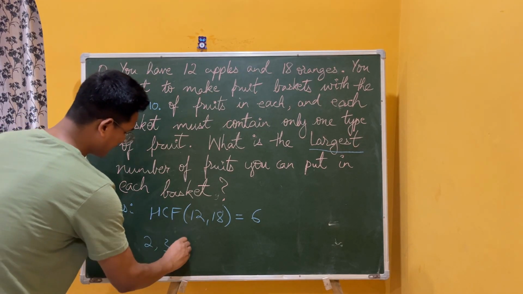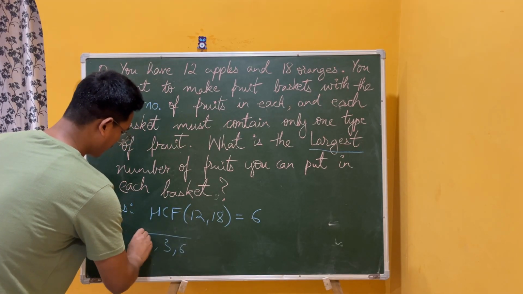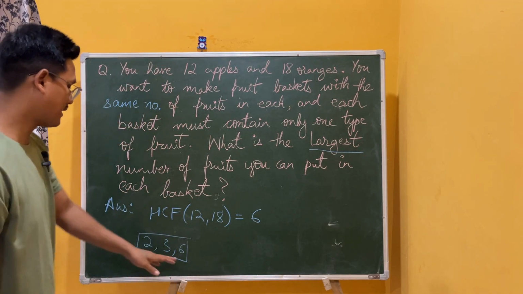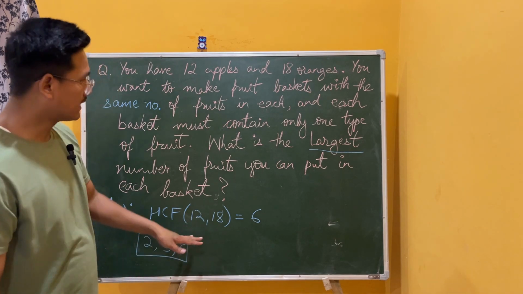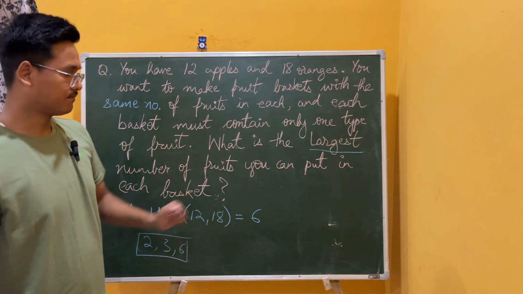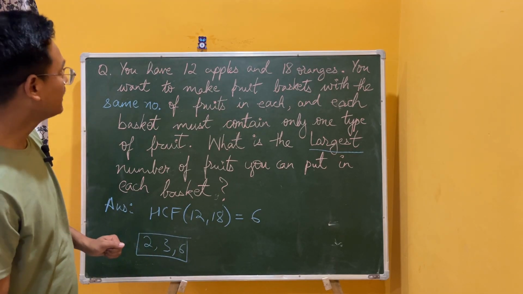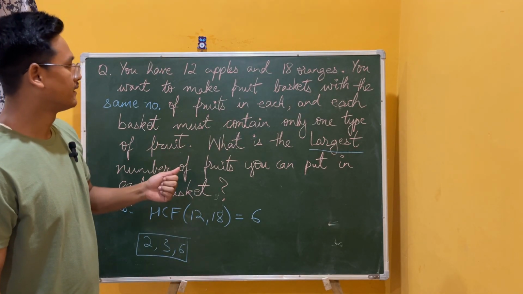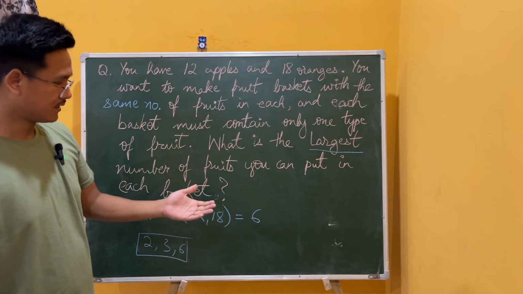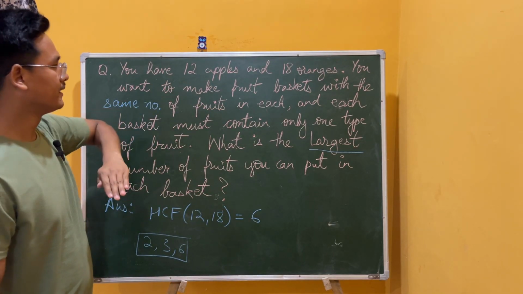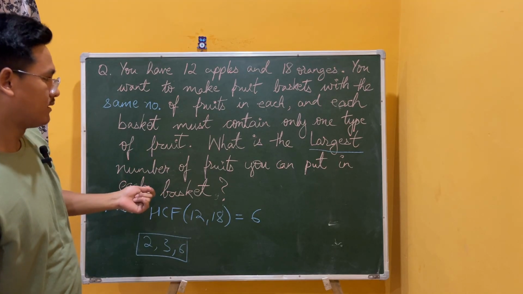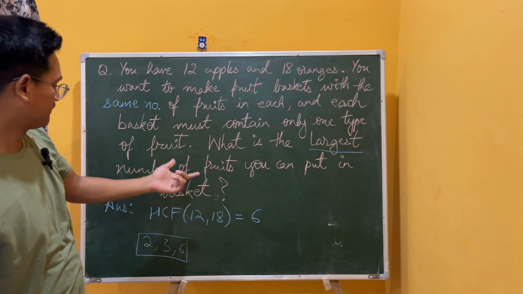Okay, 2, 3, and 6. So out of these three, 6 is the highest common divisor or the highest common factor. So that means in each basket there must be 6 apples or oranges. In that way, you can equally divide them in the largest